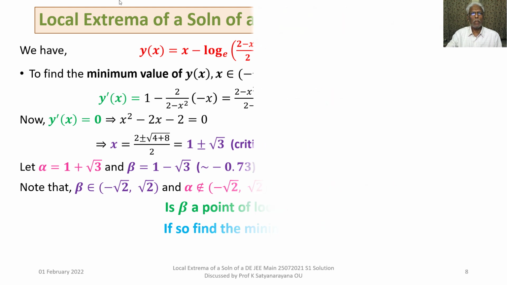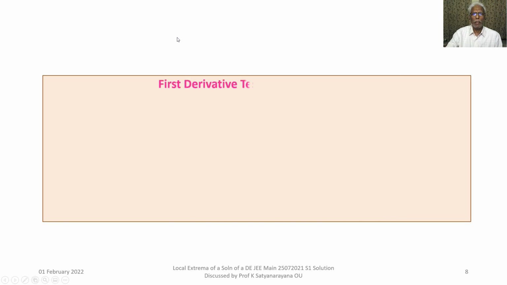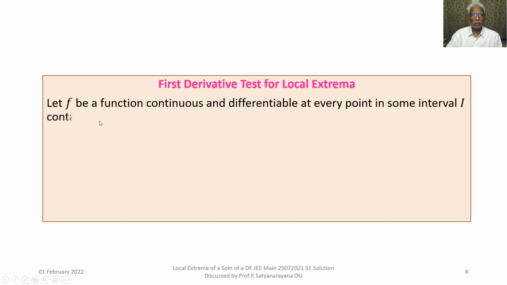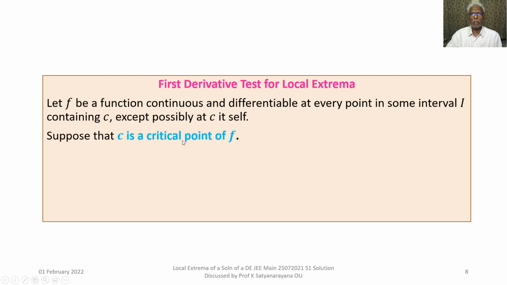To do that one, we will recall a test called the first derivative test for local extrema, which is very, very important. Let f be a function, continuous and differentiable at every point in some interval containing c, except possibly at c itself. So at c, the exception is allowed. Now, suppose that c is a critical point of f. Moving across the interval I from left to right,